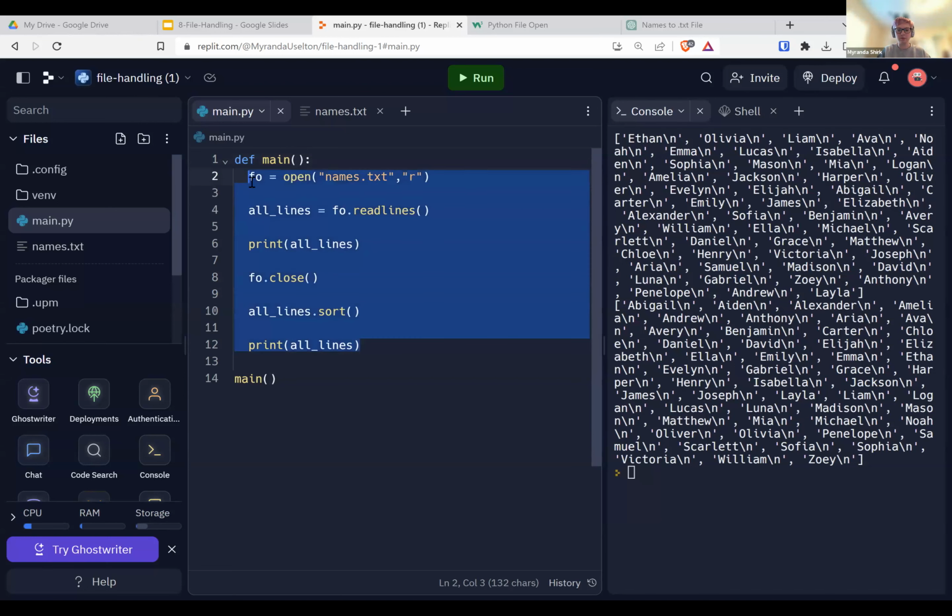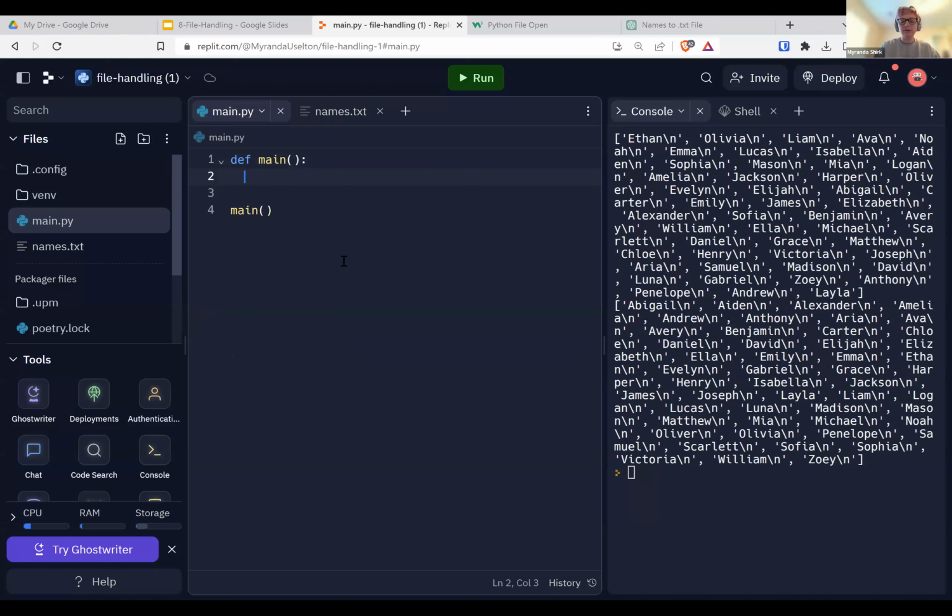So let's do this example. Now I'm going to say with open names.txt, and we're going to write it with write permission, and give it a colon. This is exactly how you do it: the with, the open function, and then as fo, name it whatever you want.